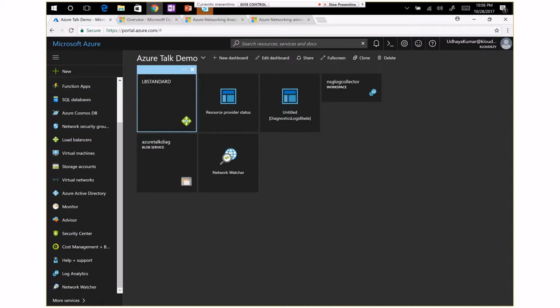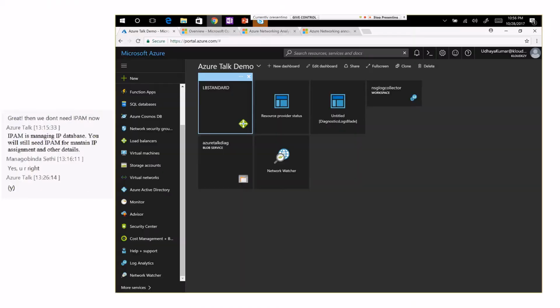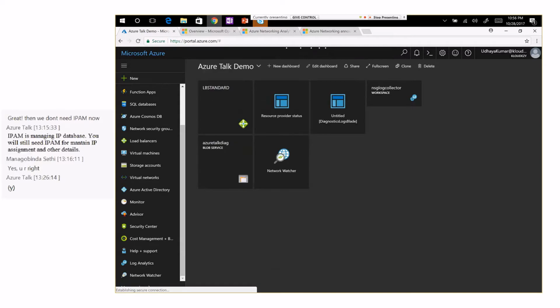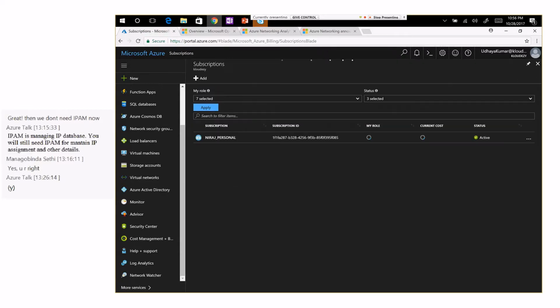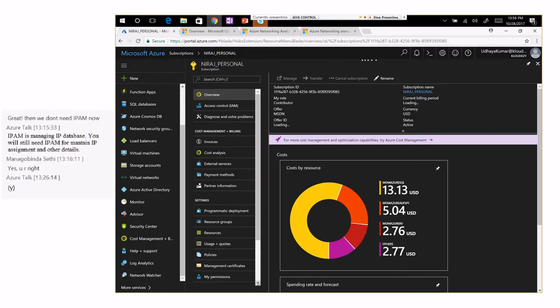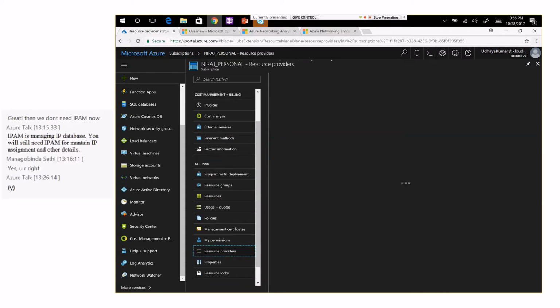To enable this feature, we need to have the Insights resource provider enabled. I have already tagged it on my screen. You generally go to the subscription, and then go to the resource provider.